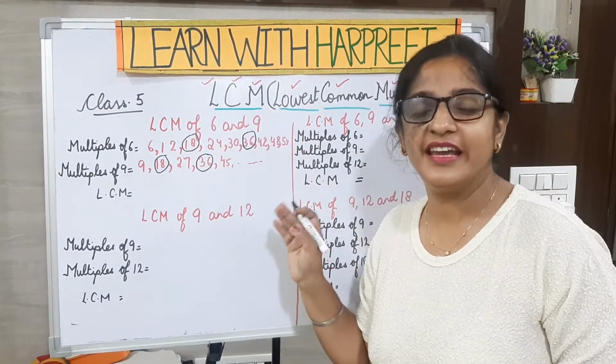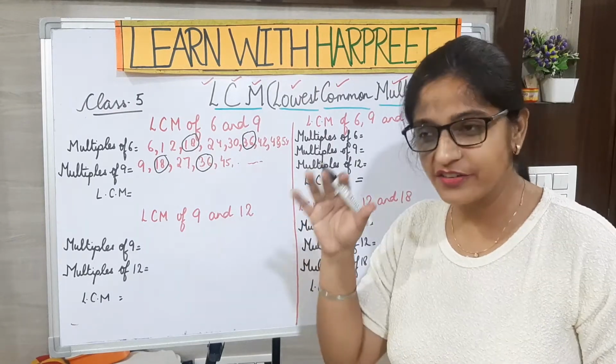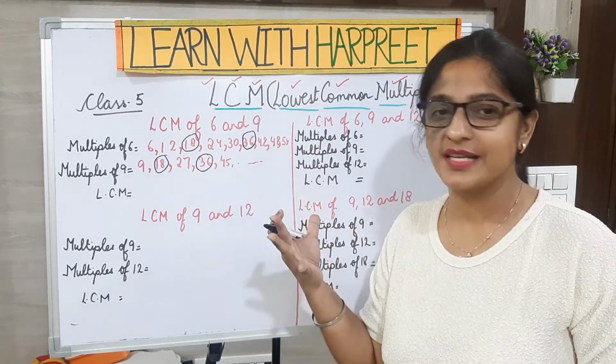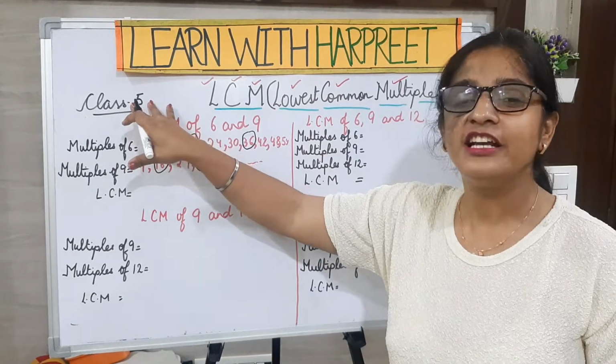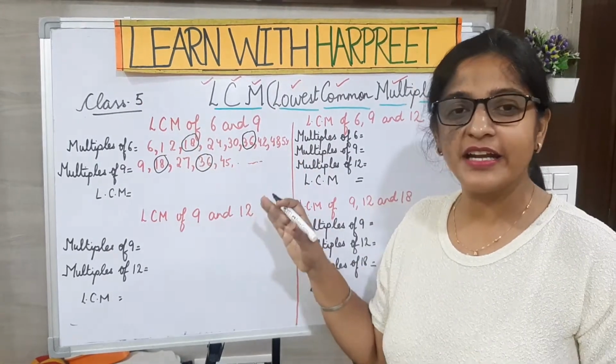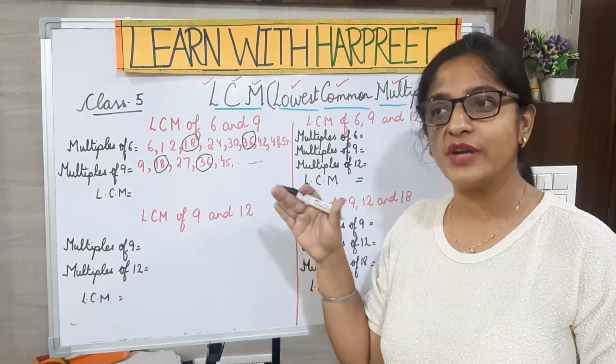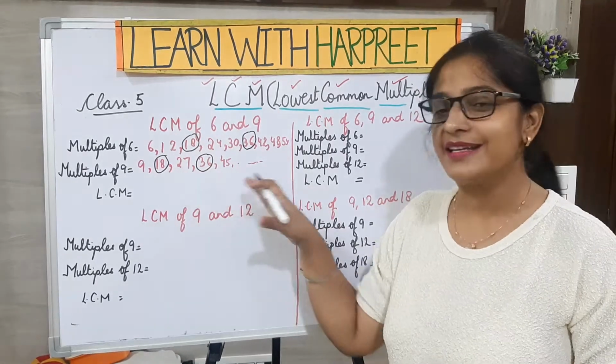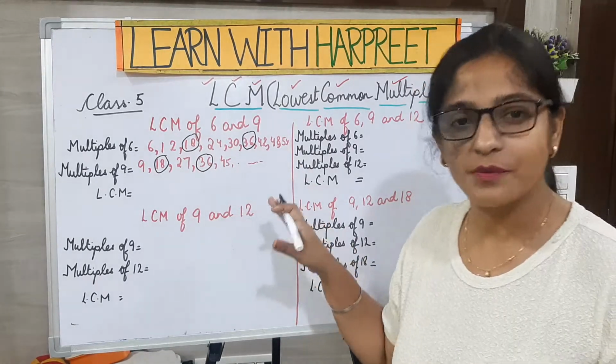You can also go up to 7 or 8 or 9 and you will definitely start getting the common multiples, because it is for class 5 grade. So very easily you will get it before 10 only. You will go to the 8 and 9 table, 7 8s, 9 8s, and I think you will get the common multiple.